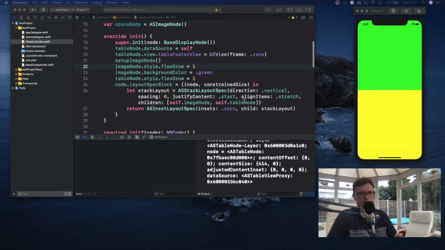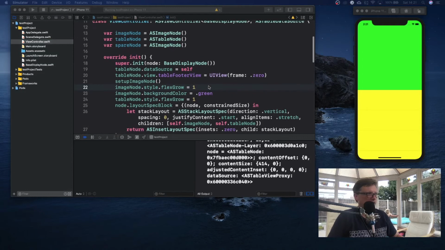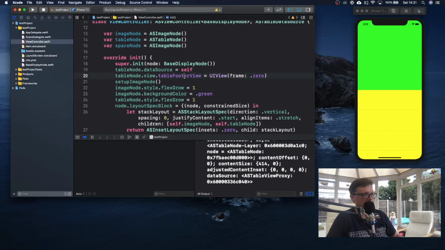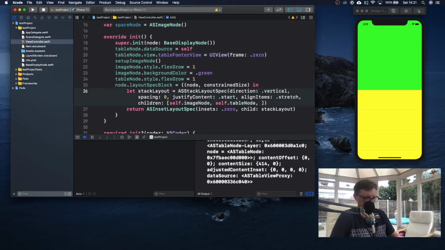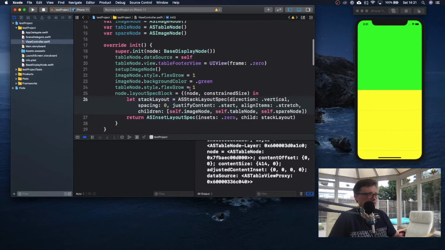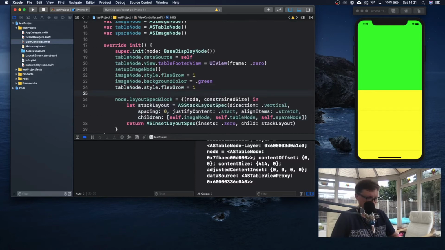Like so. There you see we've got a green. So this spare node one here that I've created, I'm going to also add this. So self.spare node, like so, and we will also make this grow. Spare node.style.flexGrow equals 1, and then now what we'll see is